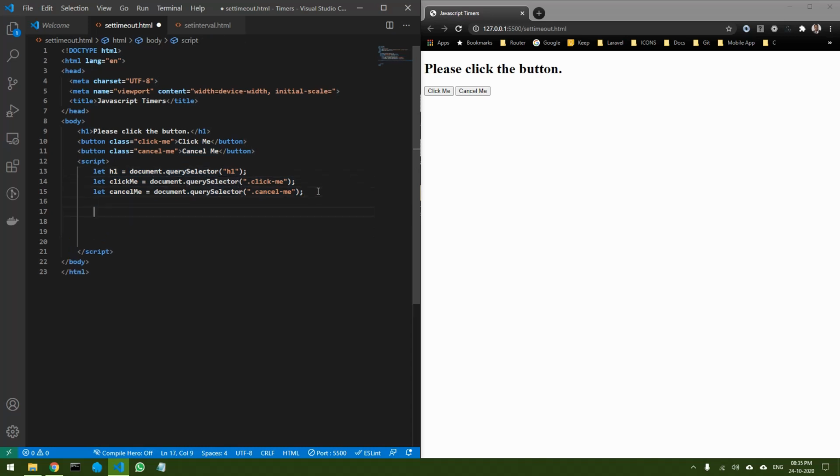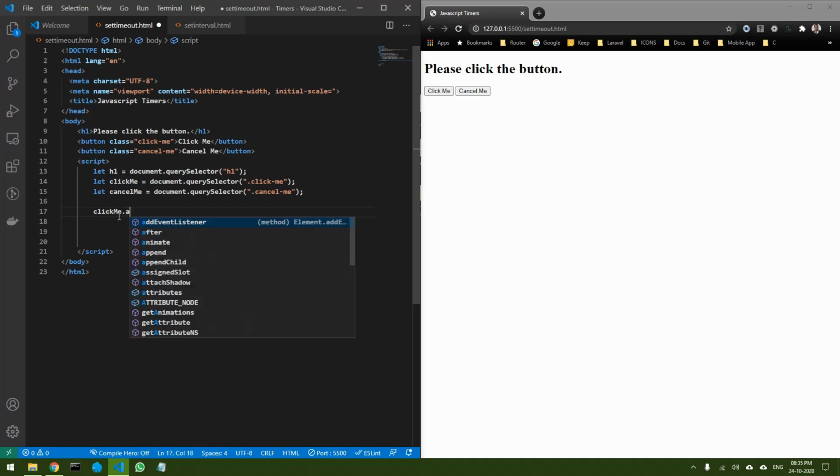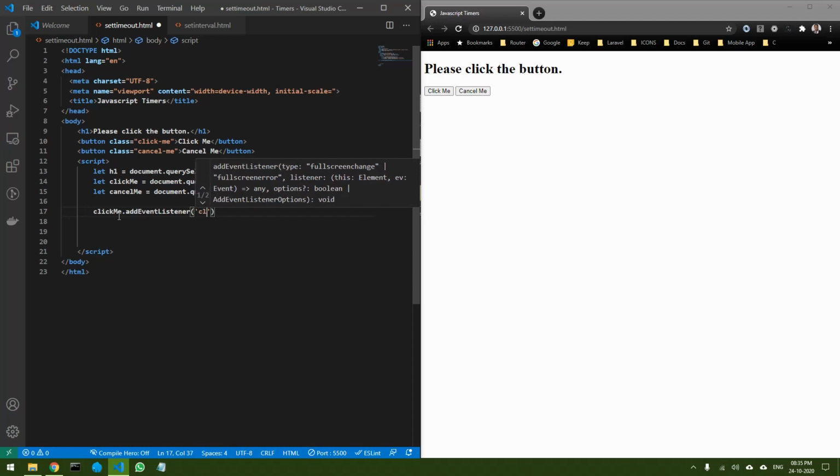Before I start the actual use of setTimeout, let me first make this page working. What I want to do is, as soon as I click the click me button, the text in the h1 should change. To do that, it's very simple. You just have to select the button, add an event listener, and the event listener is going to be click, and you can add a function